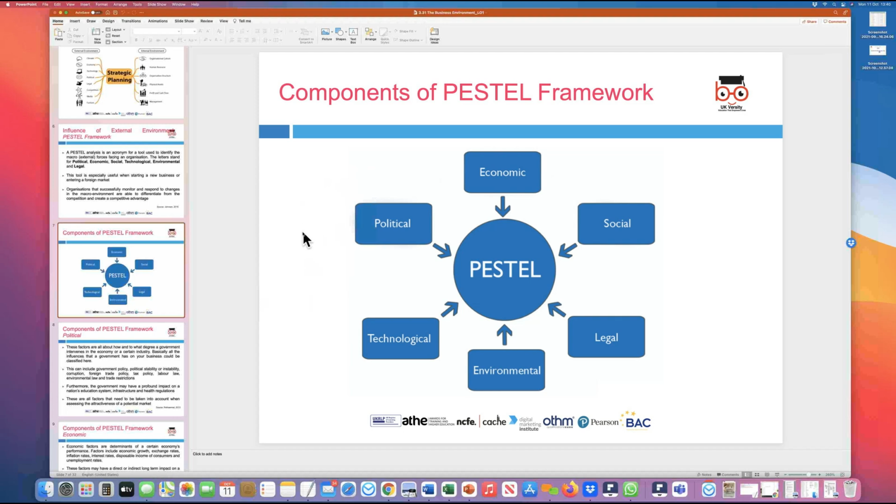So PESTEL as a framework, when you use it as a theoretical model, allows you to differentiate all these factors, primarily by breaking them down into different types. And these different types tend to be the 6 that we look at, and that is what the acronym PESTEL stands for. So if there are factors which are going to be technological, for example, a competitor is able to